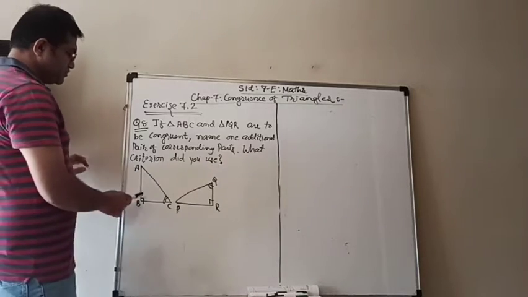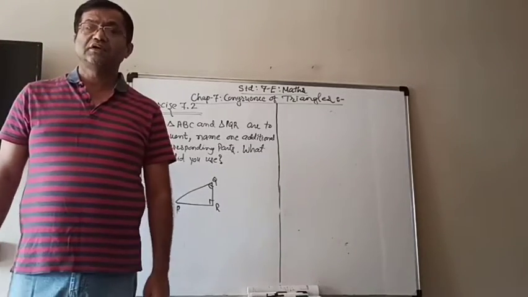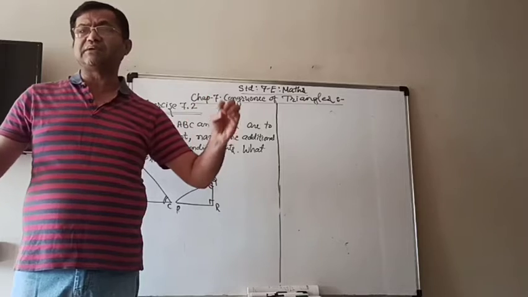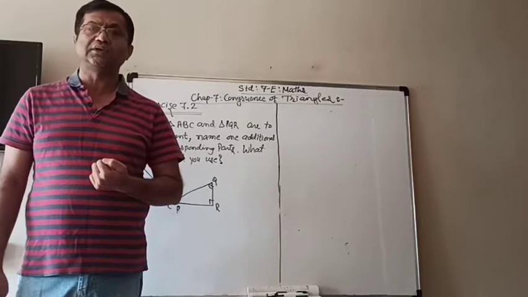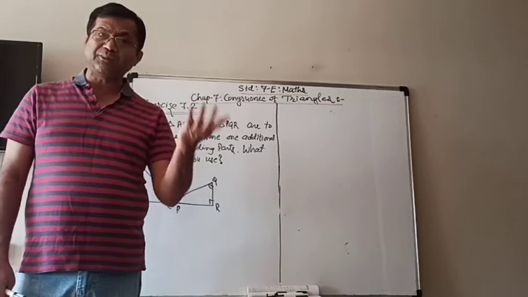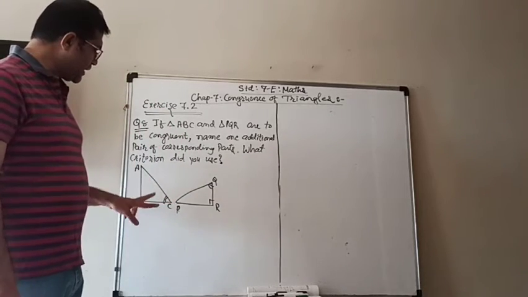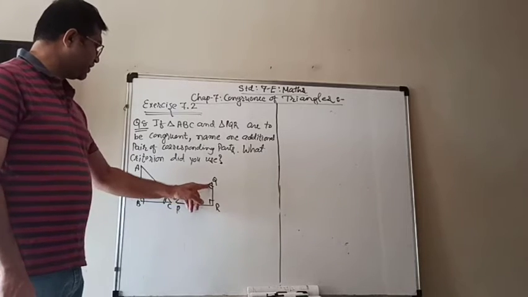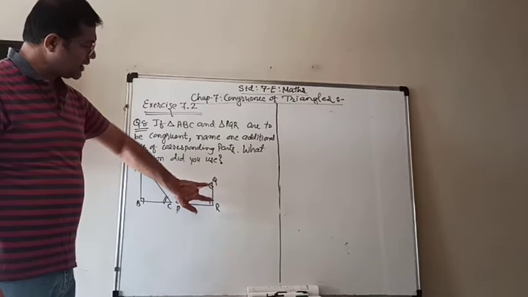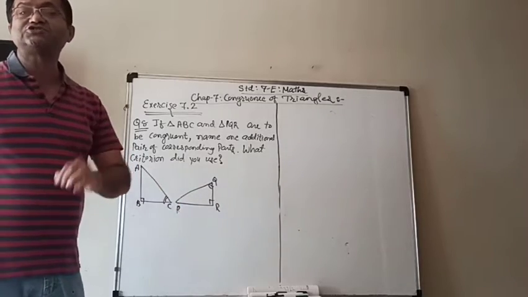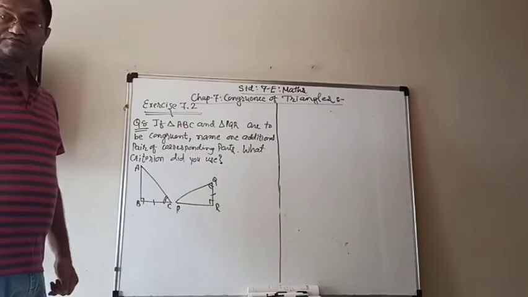Here you can see that one angle is a right angle. So first we can imagine that it can be the RHS congruence rule. But for the RHS congruence rule, at least the hypotenuse or one side should be given. But here you can see that two angles are given. One is 90 degrees and the others are congruent. It means that the included side between those two angles should be congruent, so this side must be equal to this side.